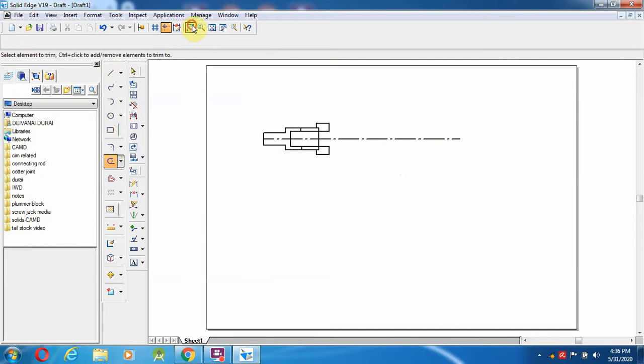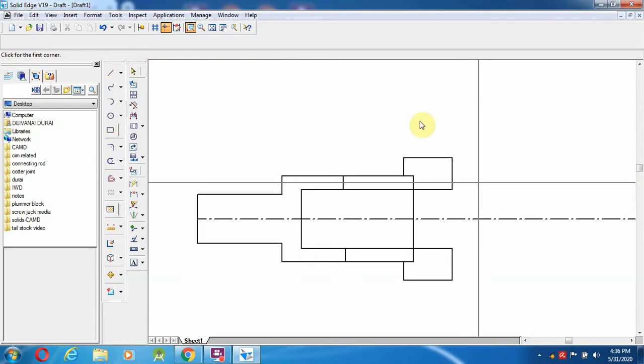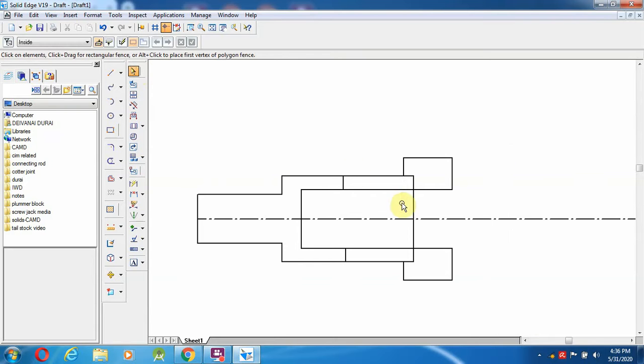Now the particular things you can zoom over here. So this is the line I drew for finding the dimension. So those lines I am going to delete. So here also I am going to delete. So this is the thing we have to draw over in the socket.